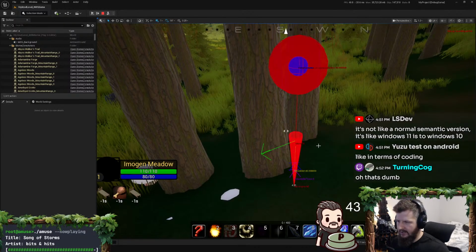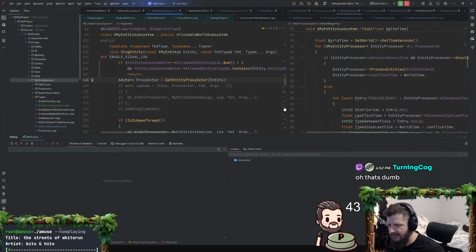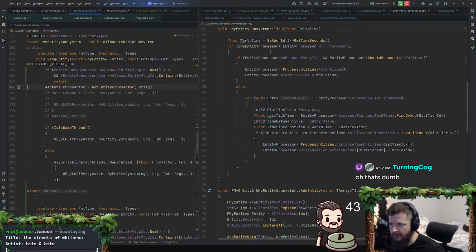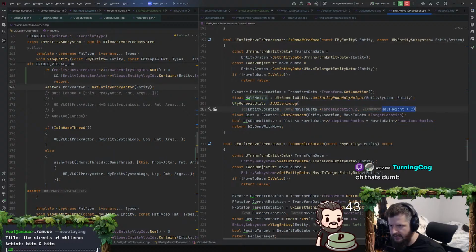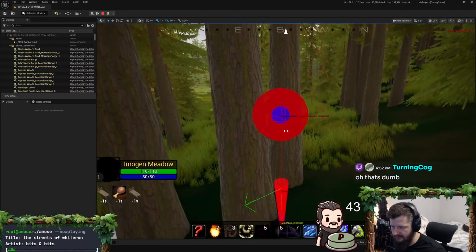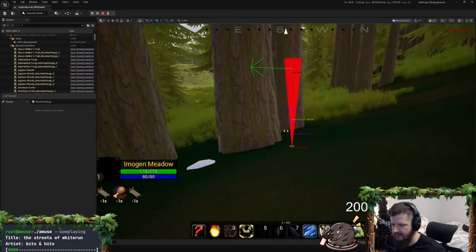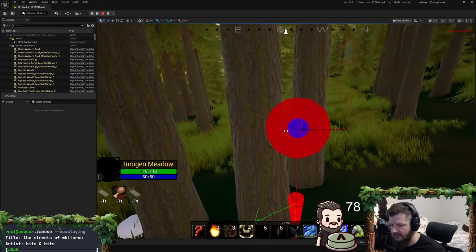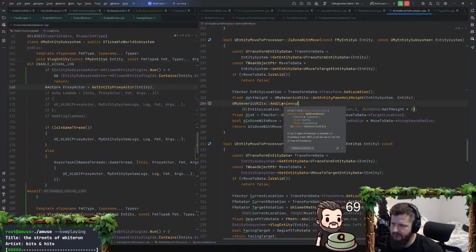I just need better... Have we gotten to the target? I should be doing some Z leniency checking on the move to locations already in the move to processor right here. So half height times 2. I should be checking the actor capsule height, which I feel like is that height, so I should be within the acceptance radius. I just probably am not using it correctly here. I hate this function so much. I complain about it every time I run into it.